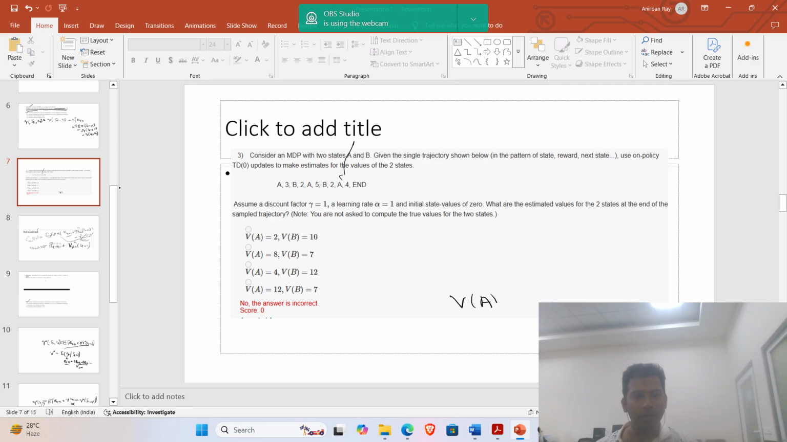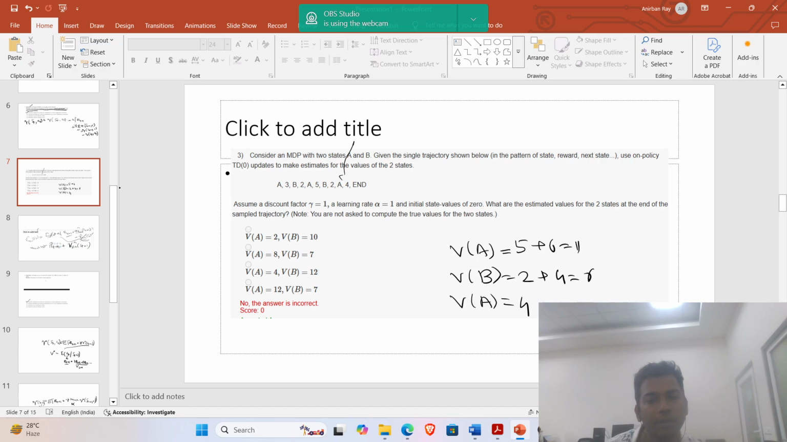So VA equals 4 first of all, then we are going from the end towards the right one. So VB equals 2 plus VA, that is 4, so it is 6. VA equals here 5 plus 6 is 11. VB here becomes 2 plus 11, 13. VA becomes